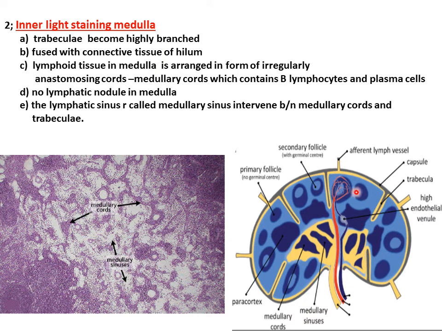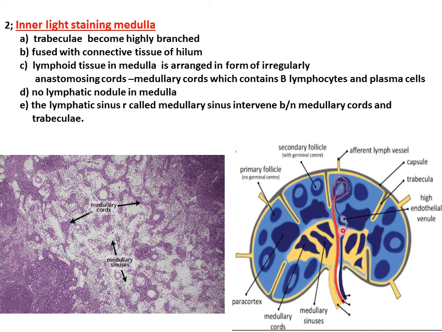This is the lymph node, and this is the outer cortex, the nodular cortex, and the deep paracortex, and this is the medullary region of the cortex. The trabeculae become highly branched here, fused with the connective tissue of the hilum. Lymphoid tissue in the medulla is arranged in the form of irregular anastomosing cords, which are called the medullary cords. Medullary cords contain B lymphocytes and plasma cells, and no lymphatic nodule